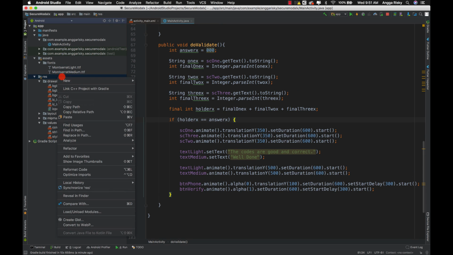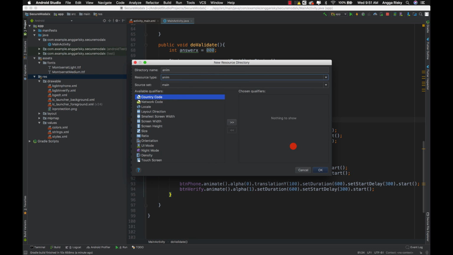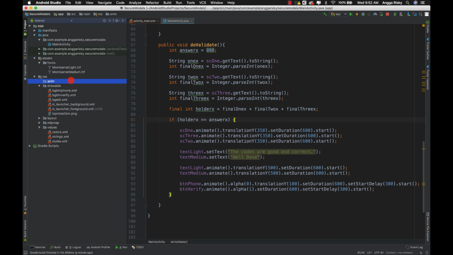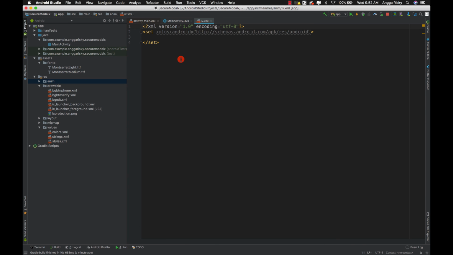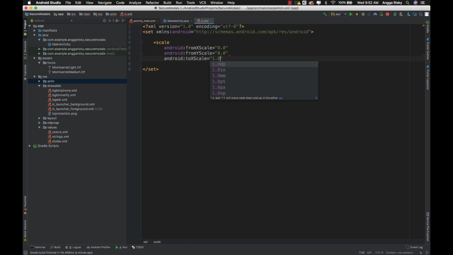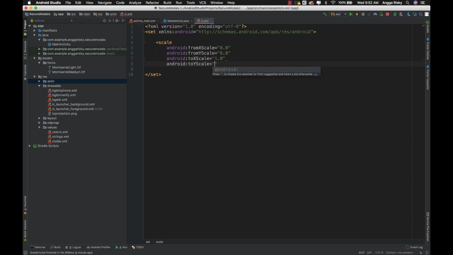We have to go to res and anim for the animation, and then in the anim we have to create another file for the icon. I will go with IV. So basically it's supposed to be scale from X scale 0.0, from Y scale 0.0 to X scale 1.0 to Y scale 1.0.